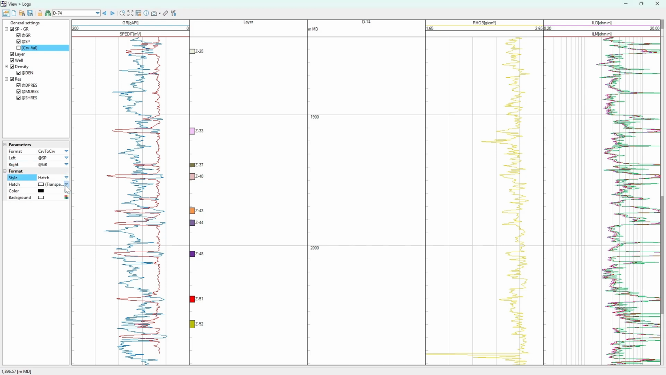We will keep it on hatch. Here we will select which hatch we want to use. Here something that is related to sandstone. Let's look for it. Sand. There should be at least one that we can use here, sandstone, and we will use a yellow color here. No, sorry, this should be the color. The color should be black. The background should be yellow, and we will select the hatch, the shading. So now you can see that we have a good coincidence between the places where the SP